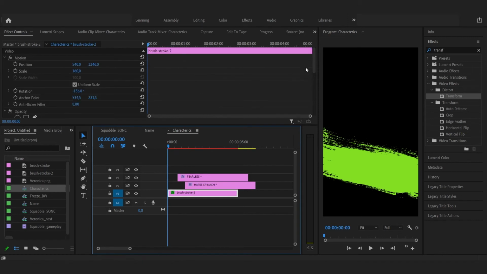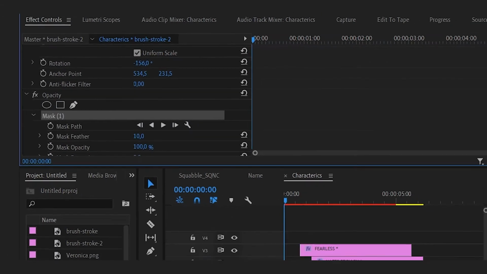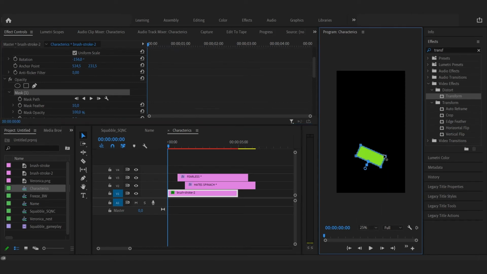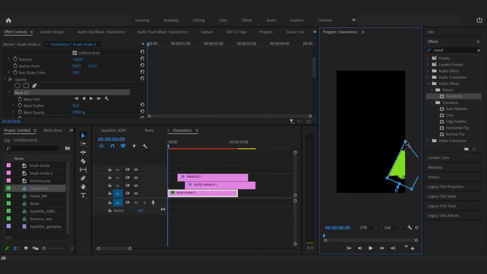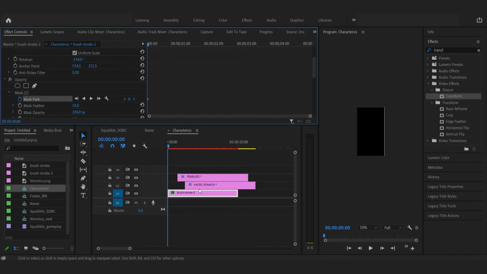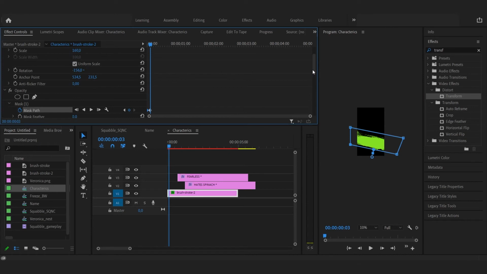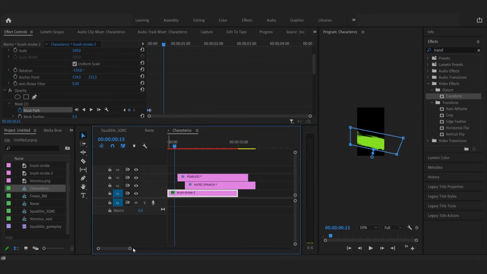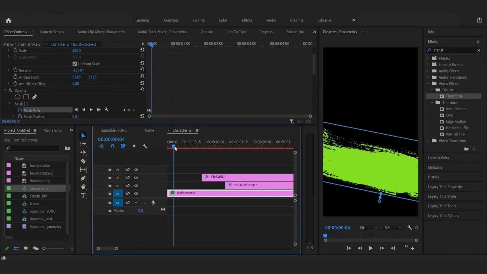Now we can jump into animating the brush stroke image. It will be the same as the first one. Pick the rectangle mask from the opacity section and animate the mask path to match the image. Then just reposition the text layers to the right spot to make the animations run smoothly one after the other.